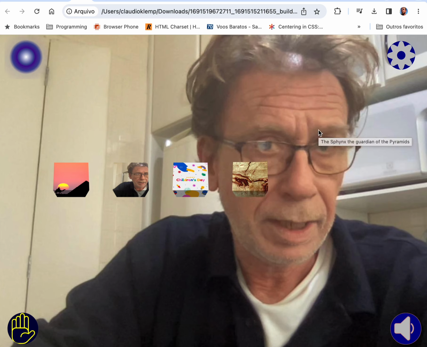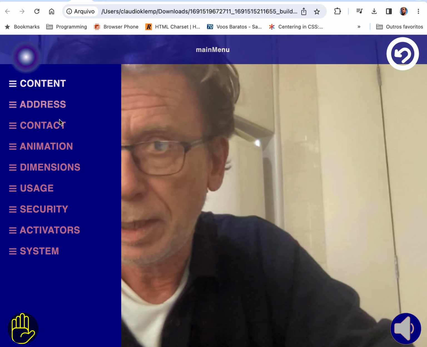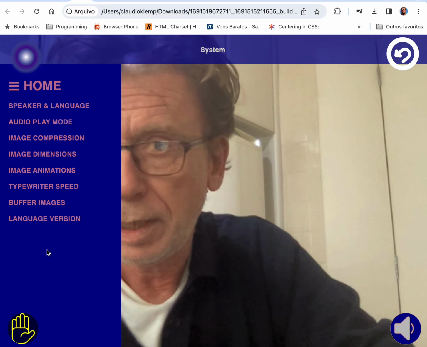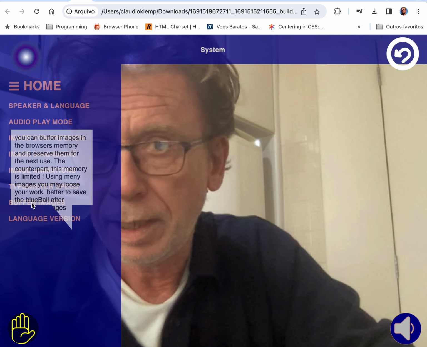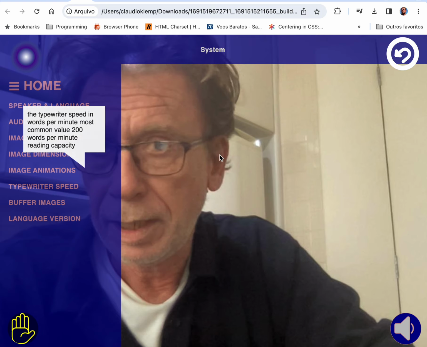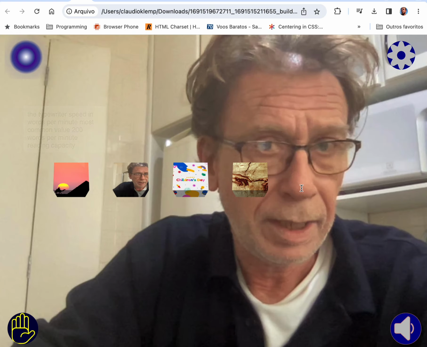Now the photos can be saved too during work, so you have just to set up here in the system buffer images and set it to yes, that we are going to buffering images, so they are saved even if you reload. Because if I change now my photo here,